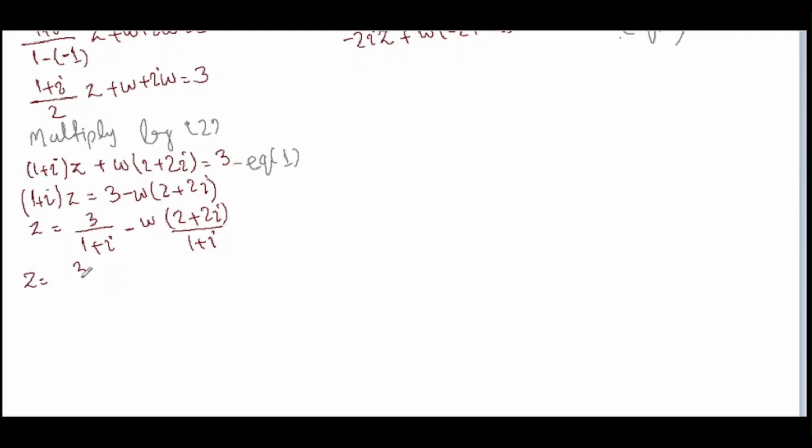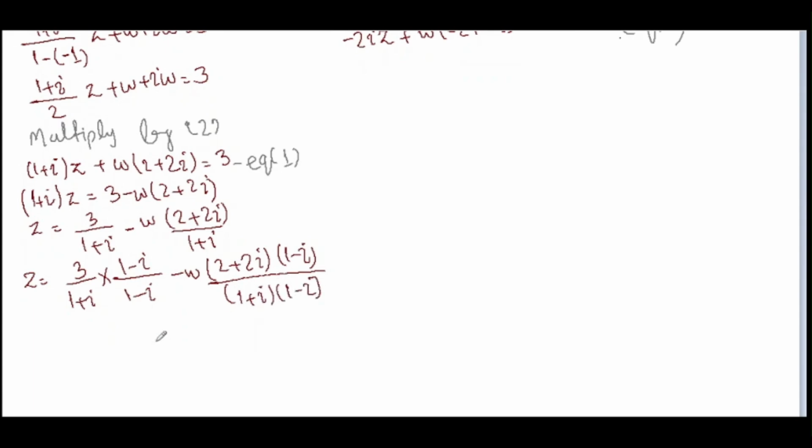z equals 3 by 1 plus iota. How do we rationalize this term? We multiply and divide it by the conjugate of the complex number in the denominator, which is 1 minus iota. Minus w into (2 + 2i) into (1 - i) whole divided by (1 + i) into (1 - i). Now z equals 3 into (1 - i), which is 3 minus 3 iota, whole divided by